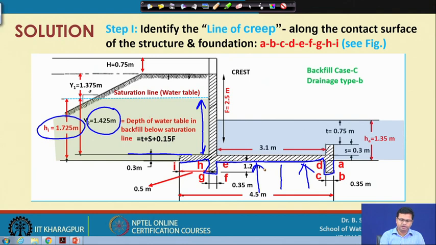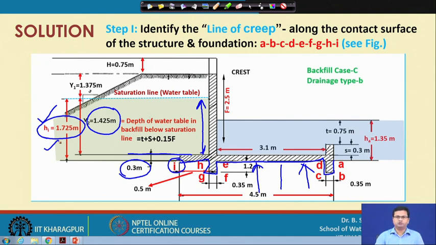So, at this point I, what is my water height? That is given by the depth H I. Here H I equals Y2 plus the apron thickness of 0.3 meter, that is 1.425 plus 0.3, so we will get H I equal to 1.725 meter, and this is the water height. So, gamma W into H I, that is the specific weight of water into the water height, gives the pore water pressure or the uplift pressure at point I.